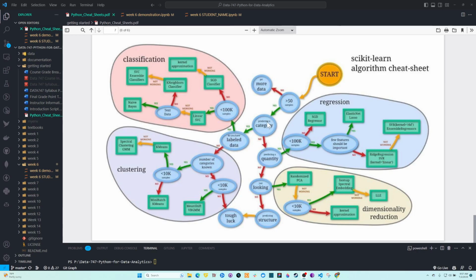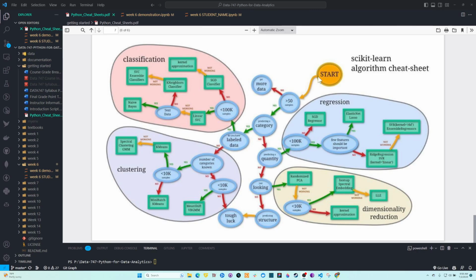So let's say no, I'm not predicting a category. Then I would fall down into this right here. Am I predicting a quantity? So let's say, yes, I am predicting a quantity. And then it's going to ask the next question, do I have more than 50 samples but less than 100,000 samples? If the answer is no, then I would go up here, and this would be an SGD regressor, the appropriate one. So helping you choose which of these techniques,